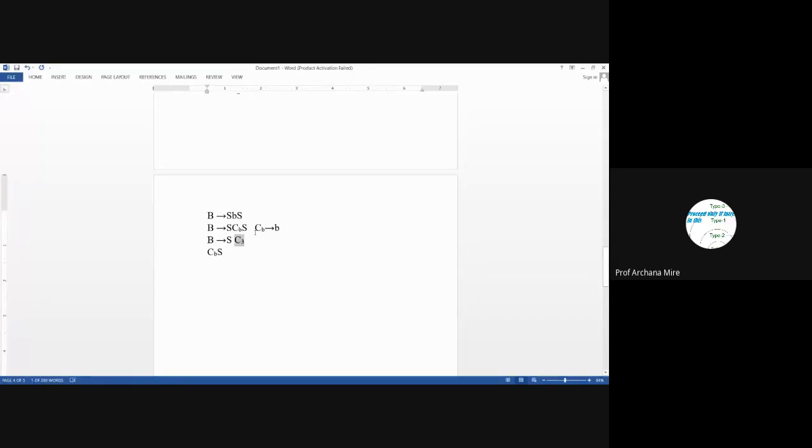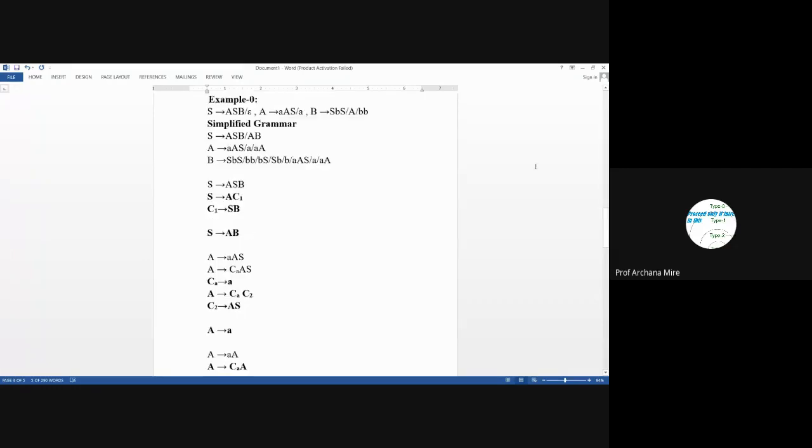Accordingly, this remaining substring will be replaced with the production rule C3 leads to CBS. So our final production rule will consist of these. B leads to SBS, okay, we have done.